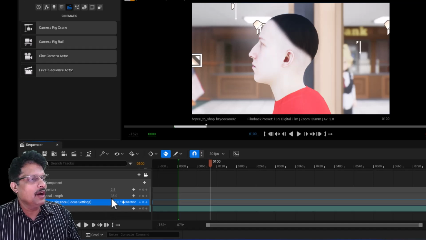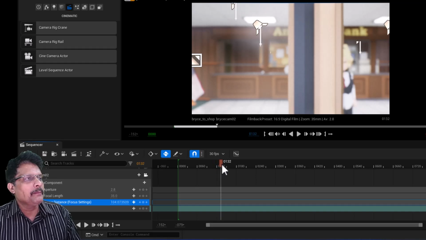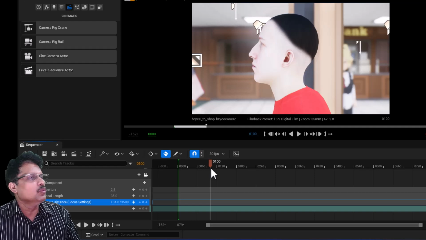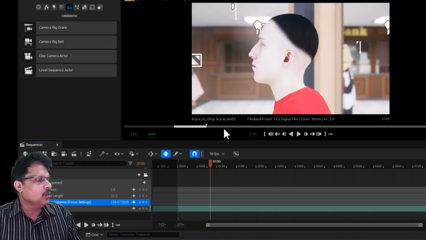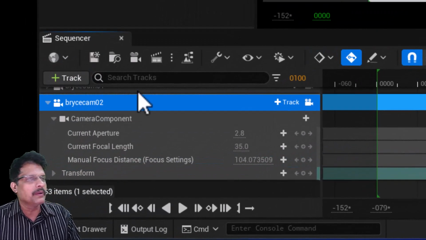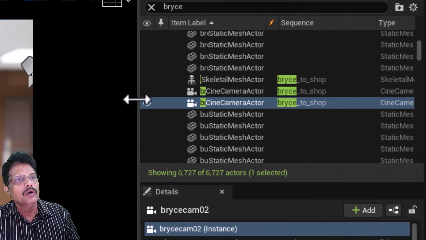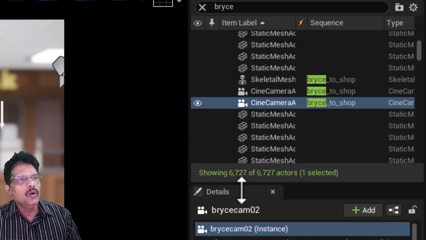Now what I want is, from frame 100, as he is going to move, I have to follow this character. This character moves away very fast. To make the camera follow the character, I will come back to Bryce Camera 2, or I will select Bryce Camera 2 in this view, and selecting this Bryce Camera 2, now I will